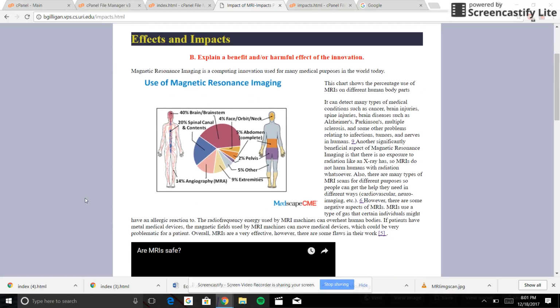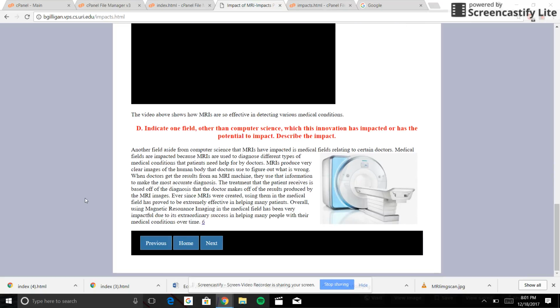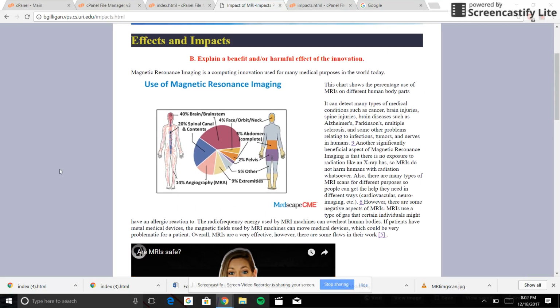So here I explained the effects and impacts of the innovation. Magnetic resonance imaging is a computing innovation used for many medical purposes in the world today. And this will be explaining a benefit or a harmful effect of the innovation. It can detect many diseases such as Alzheimer's, Parkinson's, multiple sclerosis, and some other problems relating to infections, tumors, and